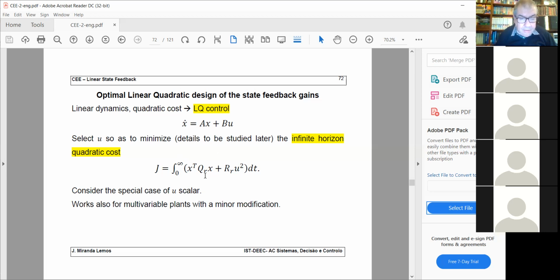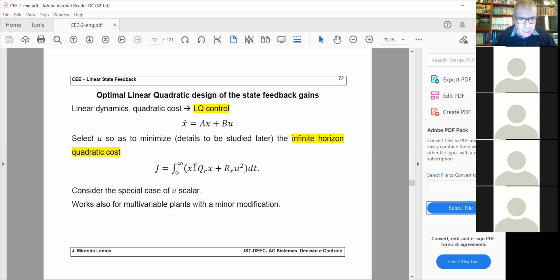Okay. Now, if Q is not an identity, maybe you are giving more importance to some entries of x than to others. For instance, if x is made of a position and the velocity, you can say, well, the position is more important for me than the velocity. Okay,